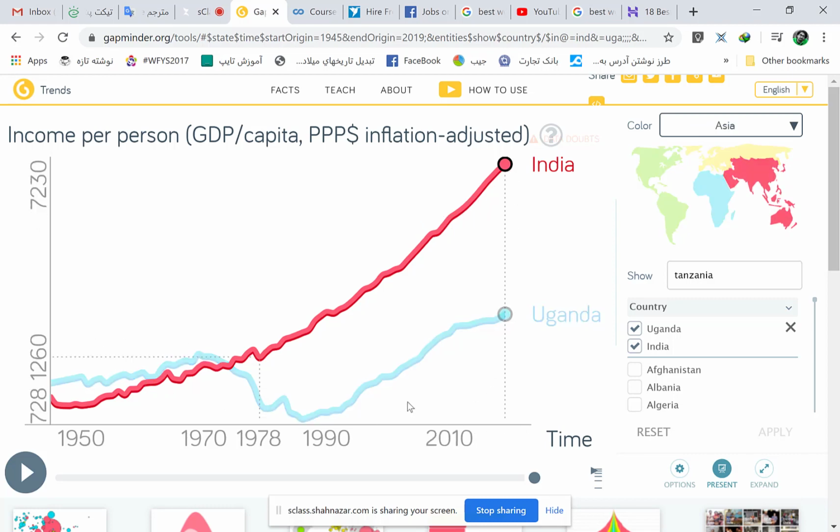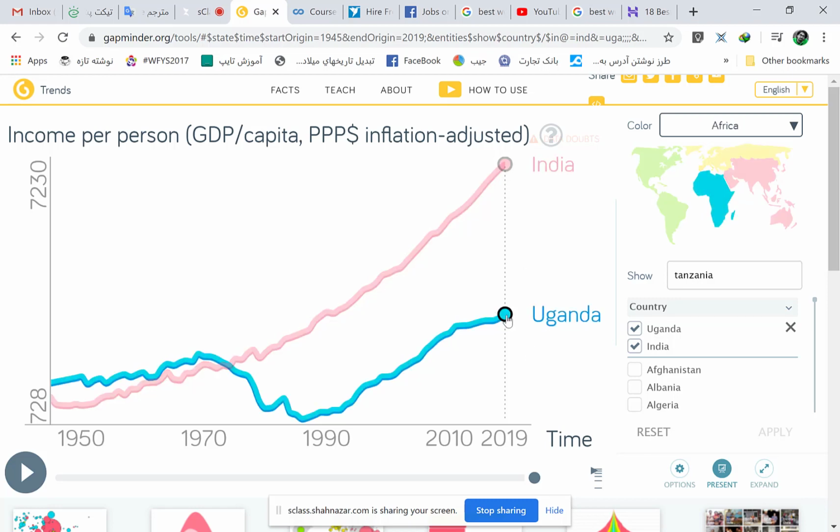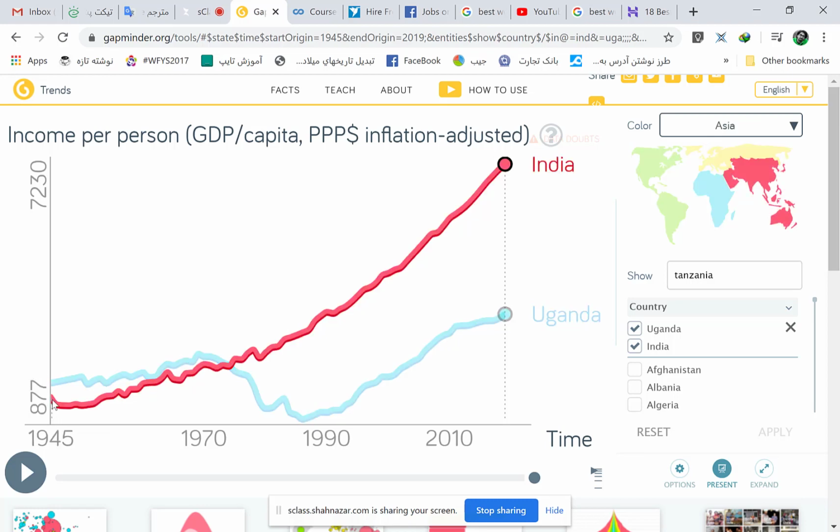Now when we look at this graph, we see a heavy gap between India and Uganda. India is $7,000 per person, but in Uganda it's less than $2,000 per person. But when we look to the past, about 70 years ago, we can see the situation of